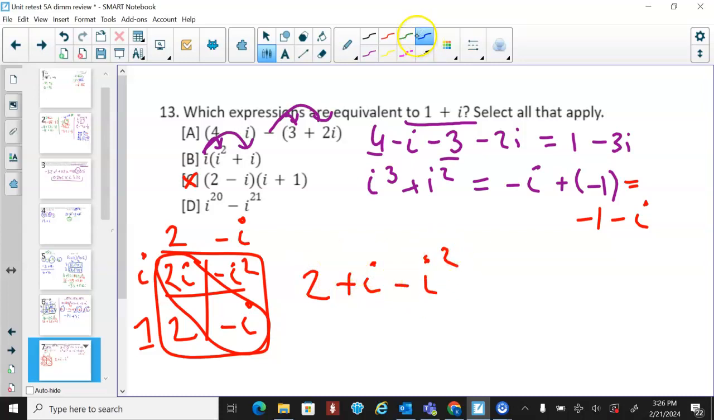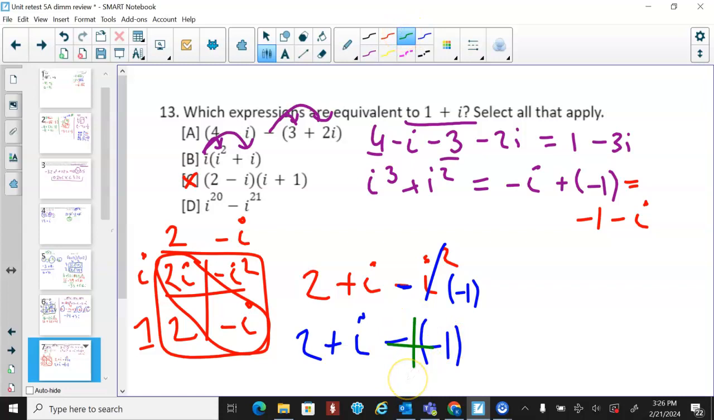Now, a lot of y'all made a mistake here because you're replacing i squared with negative 1. This negative stays, so make sure you understand that you have minus negative 1 now. Okay, and then i, and then 2. So this is going to change it to positive. So you're going to really have 3 plus i. Okay, and then lastly,